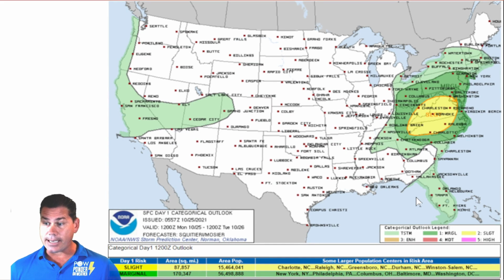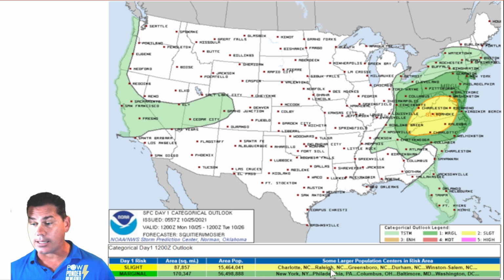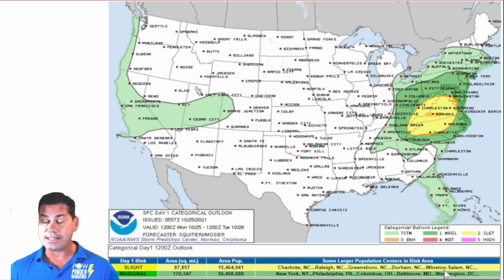So, the setup today with those two systems merging together is going to be along into North Carolina, where we're going to be having those strong to severe thunderstorms. So if you live in the Charlotte area, into the Raleigh, North Carolina area, into Greensboro, into Durham, into Winston-Salem, you're going to be under the gun to see some of those stronger to severe thunderstorms later on this afternoon